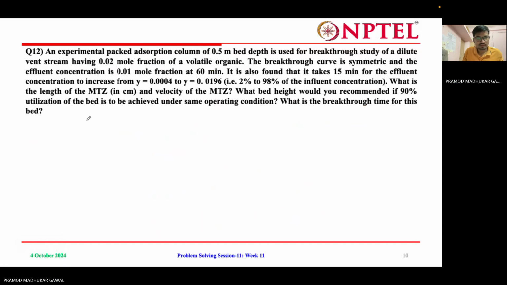So now the length of unused bed, LUB. The length of MTZ 12.5 divided by 2, that's 6.25 centimeters, the unused bed, assuming a symmetric wavefront. For 90% bed utilization,